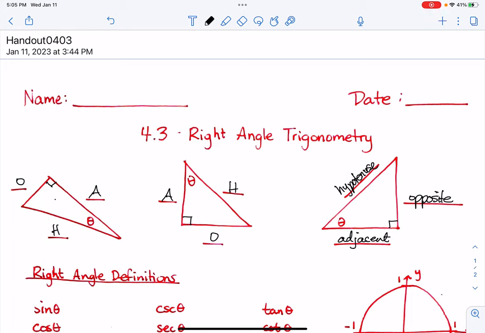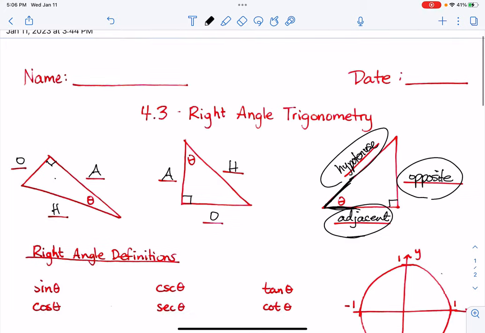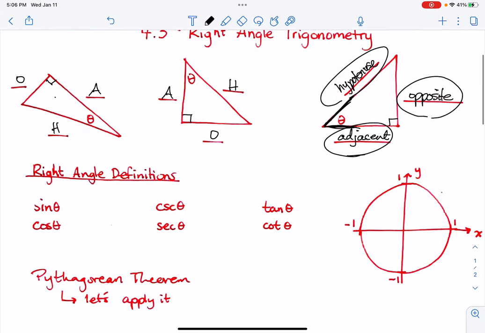And for a foolproof method of labeling your sides, what I do is I always label the hypotenuse first because that's guaranteed. It's always across from the 90-degree angle. Then the opposite. And then if you end with the adjacent, right, you don't need to think about which side is next to the angle, right? Because technically this side is also next to the angle as well as this side, but we already labeled it as the hypotenuse. So that's why I sort of do it in that order, right? Makes it pretty much foolproof. So anyway,